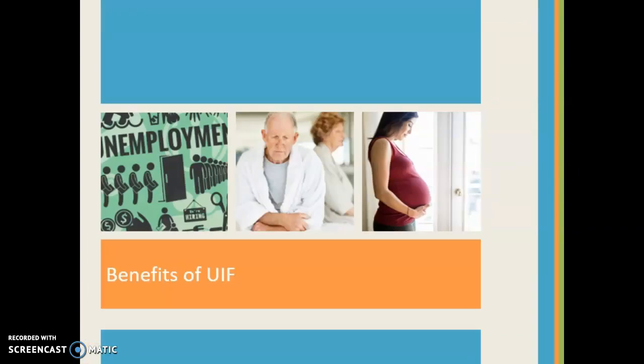So now that we understand what UIF is, we need to look at the benefits of UIF. So employees who become unemployed or they are retrenched due to restructuring or their contract has expired can claim within 6 months of becoming unemployed. So you have 6 months from when you were unemployed to start claiming. Unemployed employees may only claim if they contributed their 1% to the UIF fund. Unemployed employees enjoy these benefits until all the funds have been exhausted. So it doesn't go on for 2-3 years. It's normally up to 17 odd weeks.